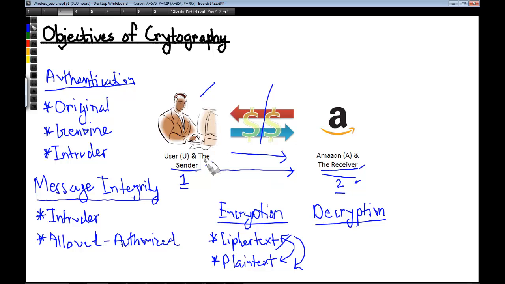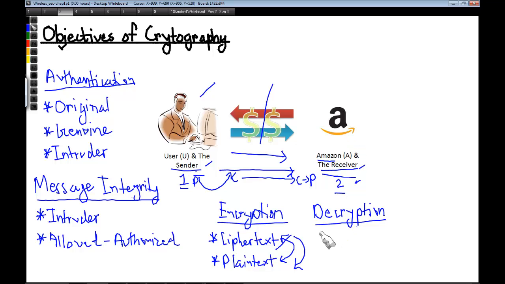So in this scenario, when the sender writes that I want to buy a book in his plaintext or native language, the plaintext gets transformed into a ciphertext and it's sent through this network as ciphertext, and when it reaches the receiver, in this case Amazon, it is received as ciphertext. Then the ciphertext is transformed into a plaintext message, so the people at Amazon can understand what this user wants and what he is trying to say.